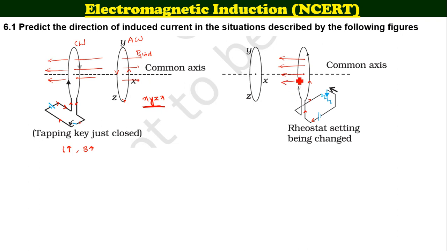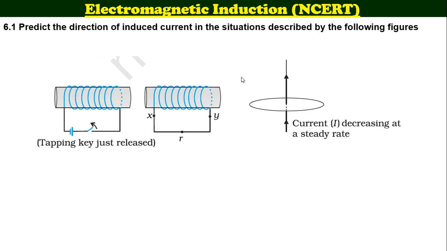Okay, so now this is the anti-clockwise case. The current is actually in an anti-clockwise direction, so the induced magnetic field should oppose the original field and be in the opposite direction. That means the current should be in the clockwise direction. So the induced current should be in this direction. If you start from x to z, then y, then back to x again, X, z, y, x is the loop direction for this case. Clear now? Yes. Now let us take the remaining last two cases.